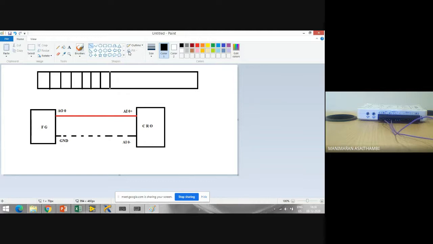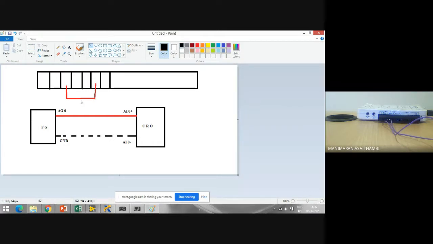Which means I'm taking a red line, I'm connecting that red line to here.